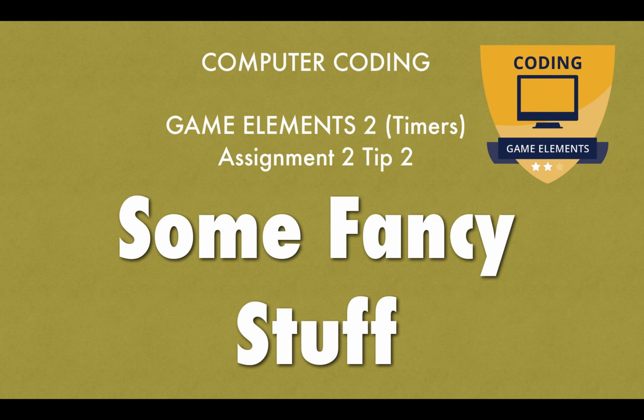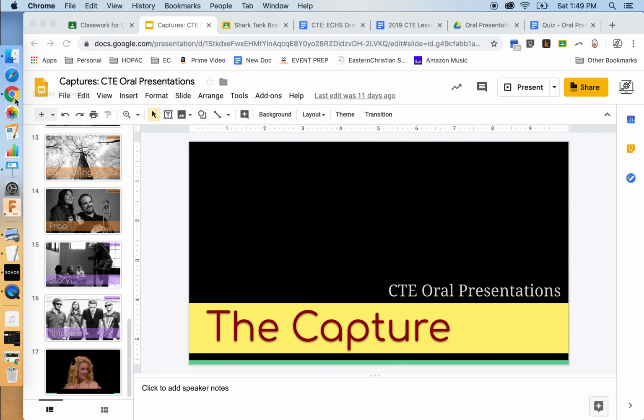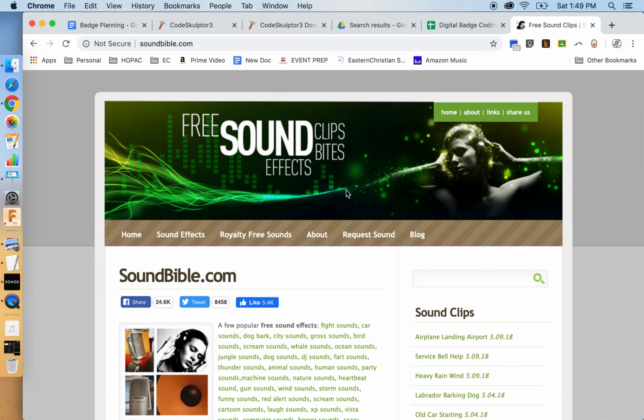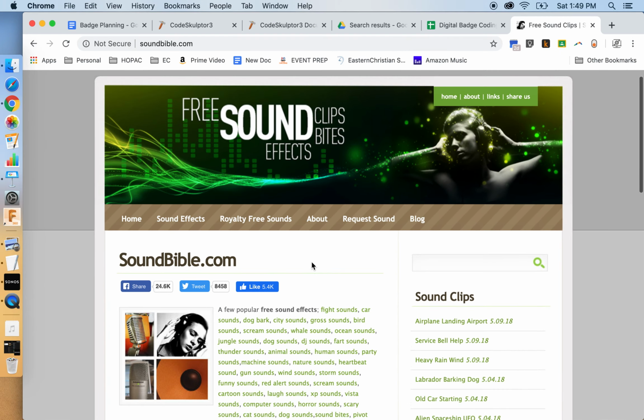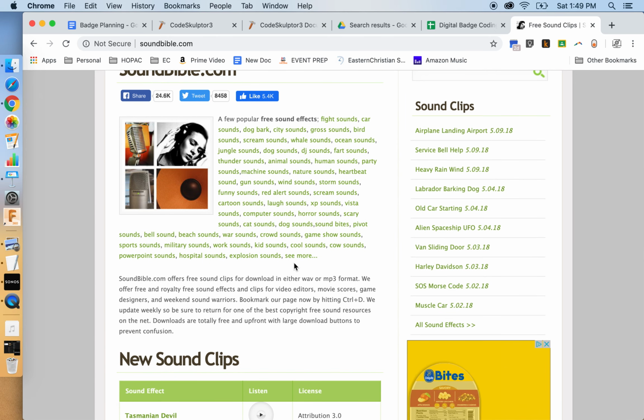Okay, in general, this tip will cover some different things that you can do with this program to make it fancy. You're going to have to do at least a few of them, so let's take a quick look. I was going to start over here at the Sound Bible and look for some sound effects. So let's just say you want to make something happen whenever